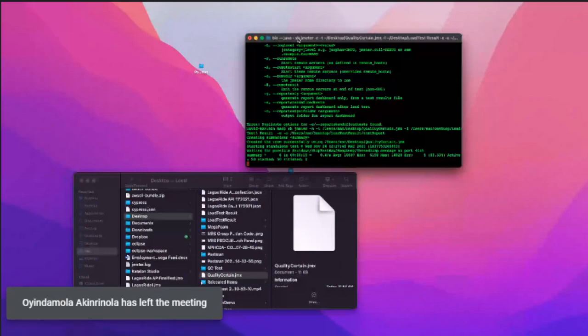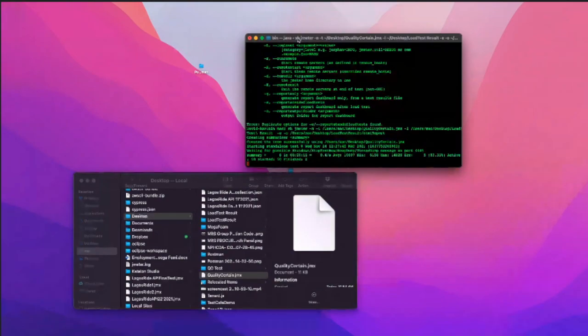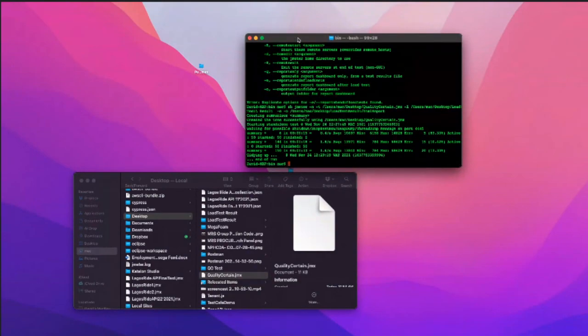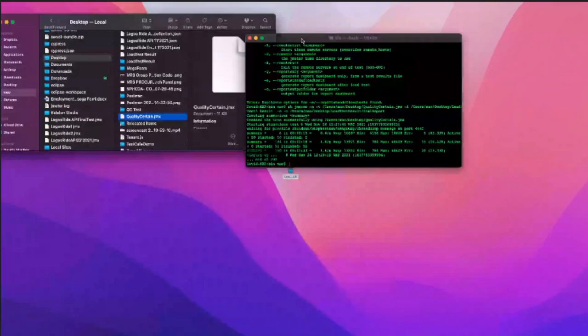So if I want to run 1,000 users, my system can run 1,000 users, and your system speed matters too. If your system speed is 3.5 or 3.0, trust me, it can run any performance test you want to run. So you can see our test is running, and if you go back to the folder you created, which is the load test